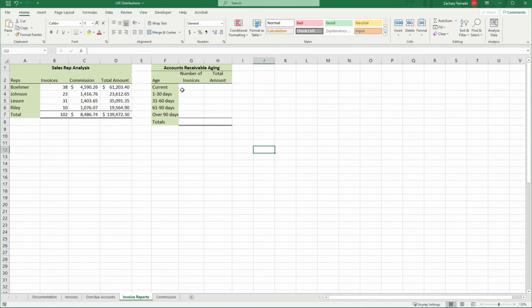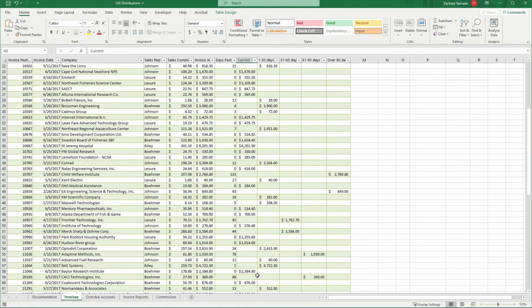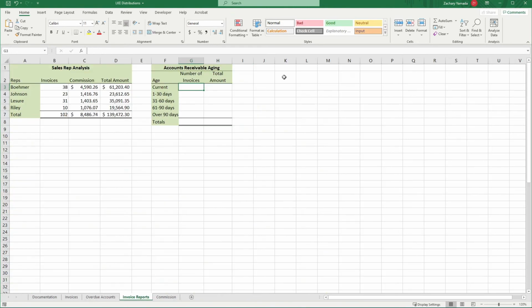So really we just want to count the number of invoices that are current, that are overdue by 1 to 30 days, 31 to 60 days, 61 to 90 days, and so on. And since we've already gone through the work here on the worksheet to create totals for current and then different levels of overdue invoices, we can actually just leverage this work that we've done already to fill in this next section here. So the count function, just the plain count function, will only count cells that have a